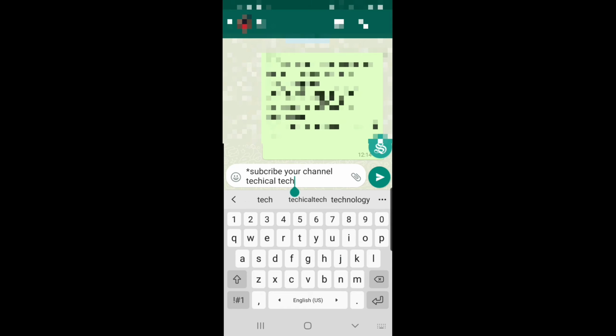And now we do not give the space bar key. We have to click on this, and again click on this.